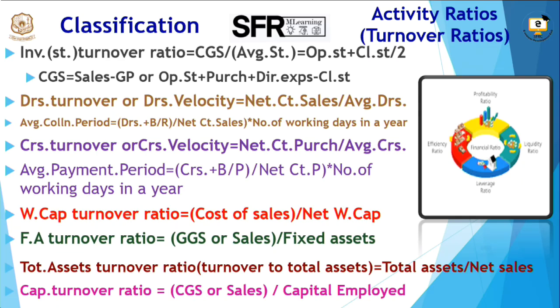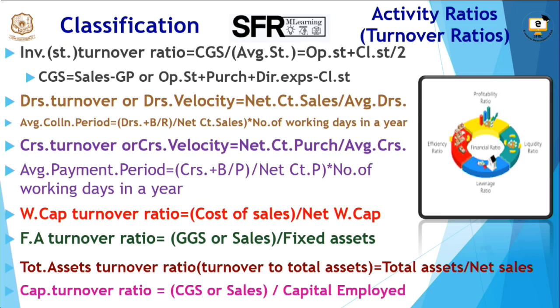It studies the relationship between net credit annual sales and average trade debtors. Two kinds of ratios can be computed to evaluate the quality of debtors. The first one is debtors velocity, that studies the relationship between